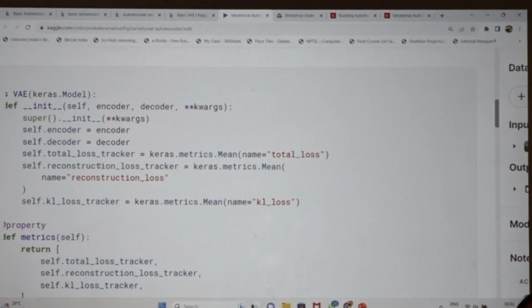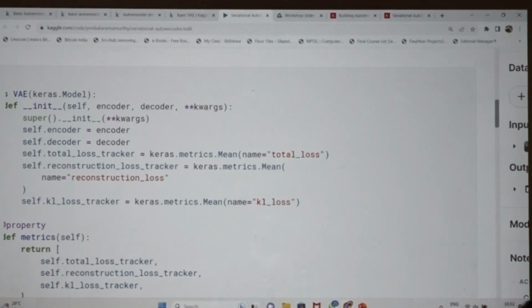I will tell you the problem also. With the separately defined loss function, after one epoch it is giving NaN values. That means somewhere there is some problem in the translation of the tensors. So we have to find it and tune it. If we take some time and tune it, it is okay. But anyway, this is working fine. Inside the train step, we can define the same function, and it is working fine.